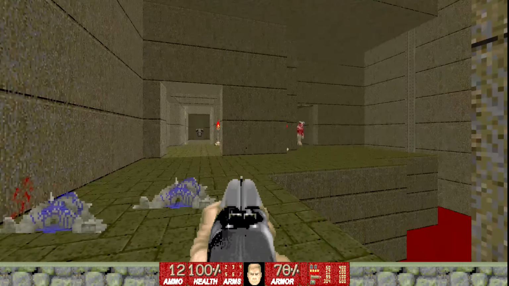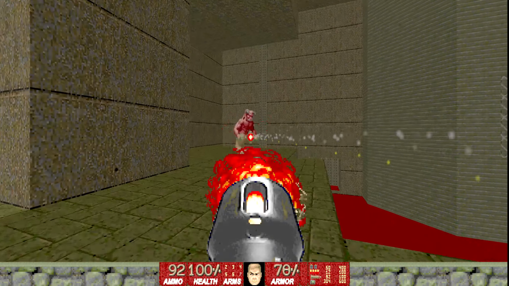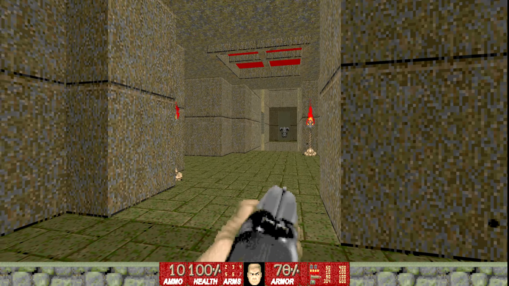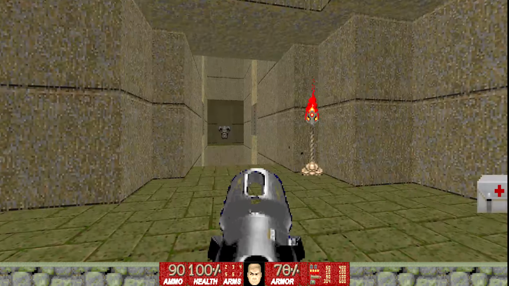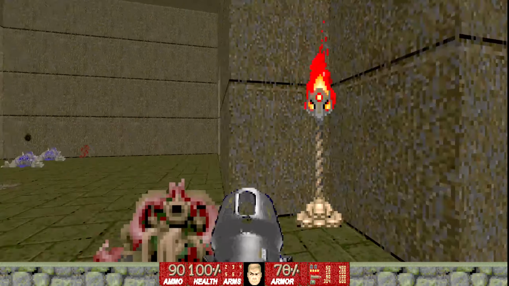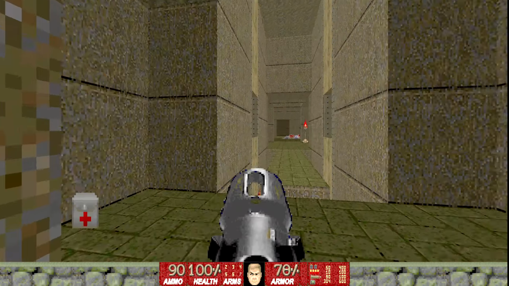Alright, so here we are. You can see now there's the Baron. Let's go ahead and dispose of the Baron. And get ready again with your rockets because we are going to face the Archviles. So let's go ahead now. Basically, as soon as we get over there and press that switch,